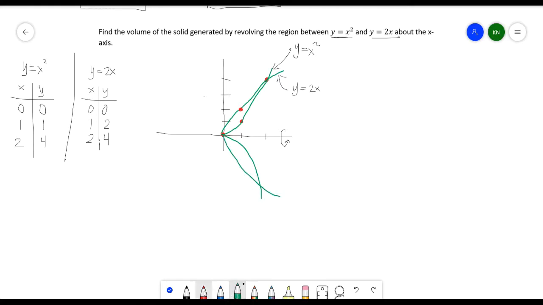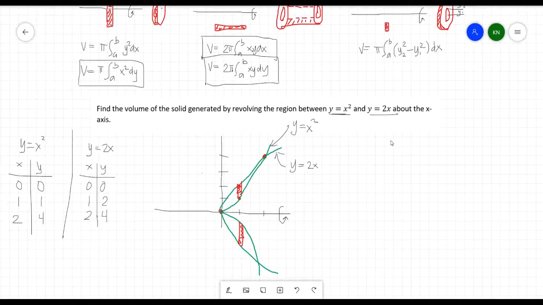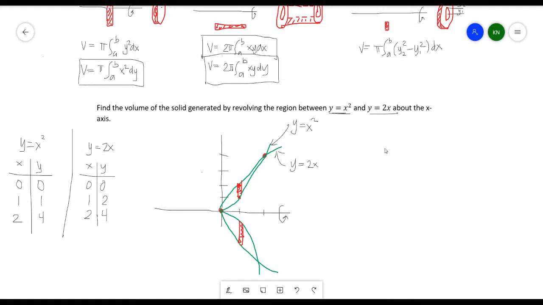So if you put a strip around this, it also has a strip around this solid here. As you can see, if you imagine this, this will form a circular ring or a washer method. So using the washer method, we have volume V is equivalent to pi integral of a to b,